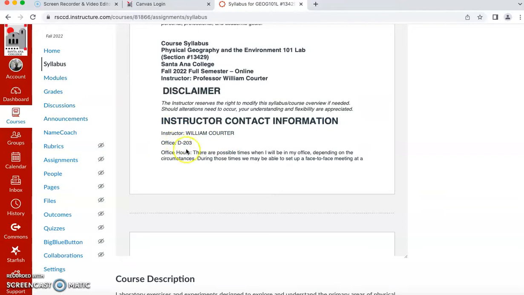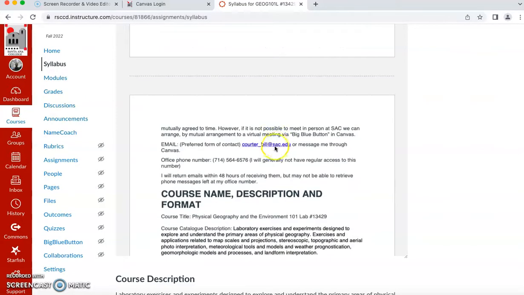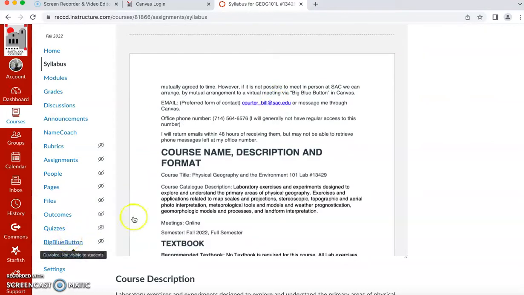This is my office, which is D203 at Santa Ana College. I'm not going to be there very often, but if we need to meet, I can show up there if we can agree to a time. If not, we can meet through Big Blue Button, which is a version of Zoom. So we can do it virtually as well. And since this is an online class, not all of you live in Southern California, so it might be the way to do it. Email, this is my preferred form of contact,